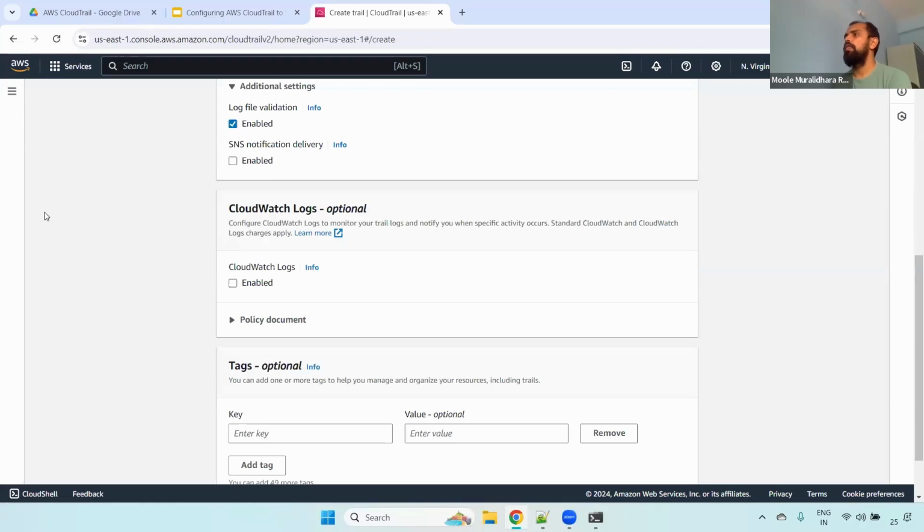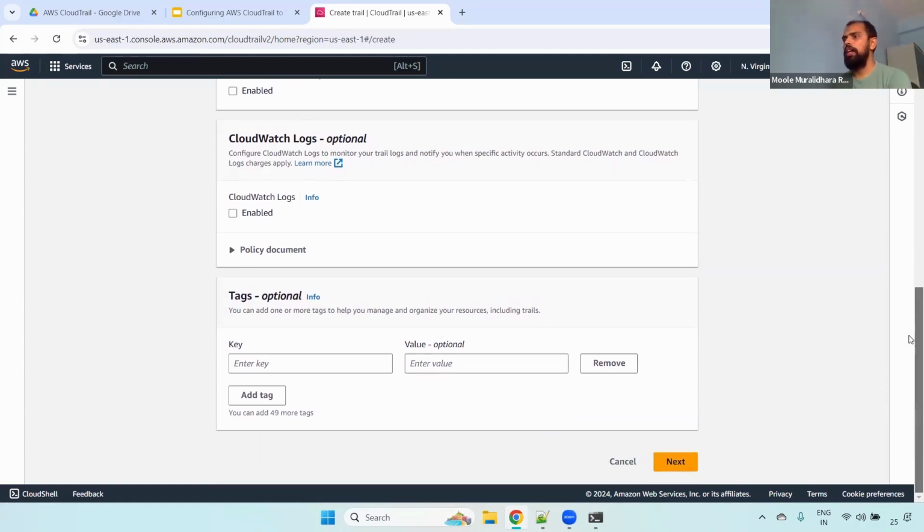CloudTrail logs are very rarely verified, only in cases where someone has deleted something, for a specific example, they have deleted a DynamoDB table earlier as shown. If you want to verify, you can review these CloudTrail logs during that time: who deleted it, when it was deleted, everything you can identify easily. Okay, fine. Here you can give that particular name, and I'm giving CloudTrail logs,